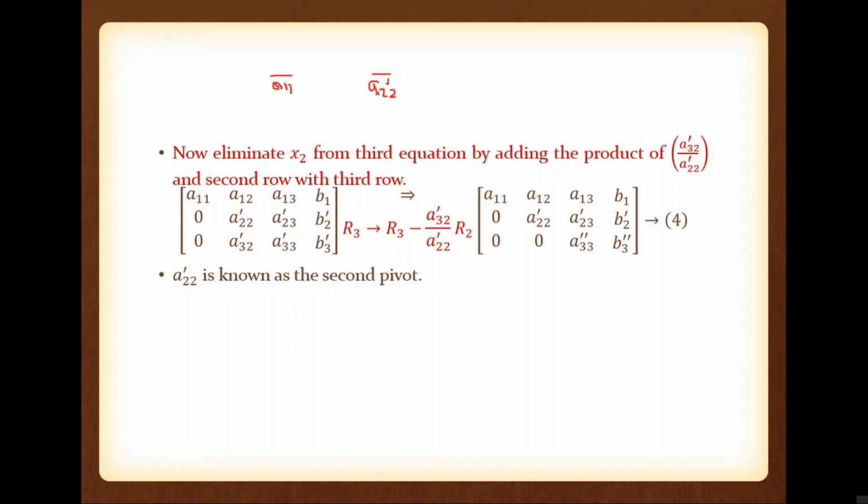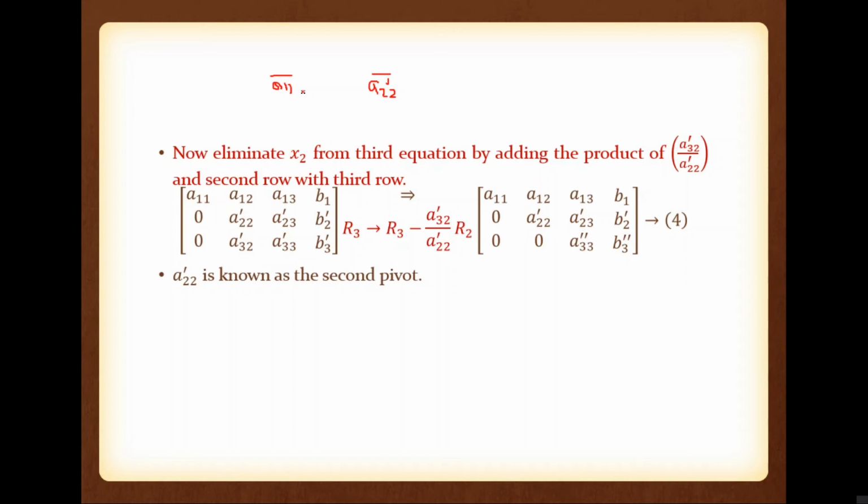Just swap the rows. Okay. If A11 is 0, then take the second equation as the first equation and the first equation as the second equation. Just swap the rows. So by swapping the row, we can try to avoid this problem. After swapping this equation, again if you have the same problem, what can we do? After swapping, again if the pivot is equal to 0, it means the given system is singular.